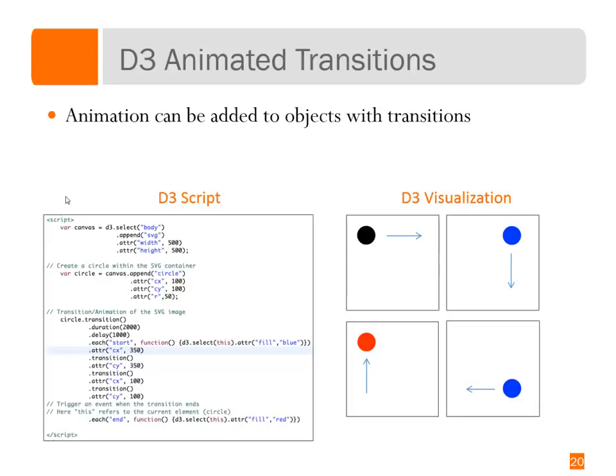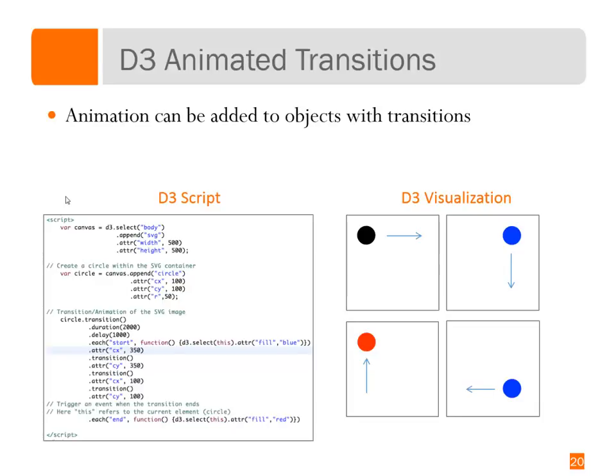If we look at our code, on the left-hand side there on the D3 script, the first thing we define is our canvas, which we've done several times before, and then we'll create a circle using SVG. So our circle, we append our circle to the canvas. We have coordinates of x, y that we define in attributes at 100 and 100, radius of 50. Then we come back and we can create